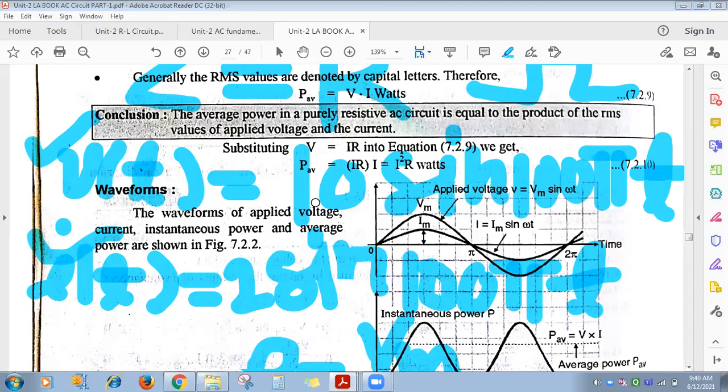So VRMS and IRMS is what? 10 divided by root 2 and 2 divided by root 2 watt will be the power. Is this clear to everyone? Yes, ma'am. Any one parameter for 1 mark you will get asked on this. Same type of question on purely capacitive, purely inductive. So suppose same equation,